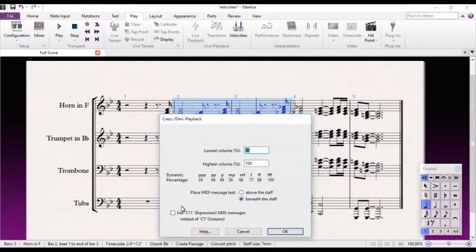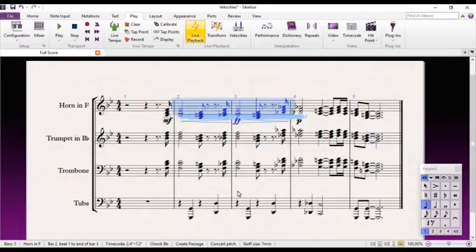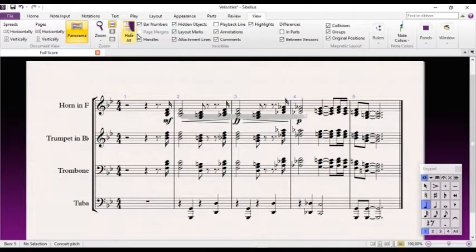Okay, you can also use a CC11 MIDI controller volumes if you prefer. And all you do is you press OK, and you'll notice it added all those controller details there, but you can hide it. So if I play this line,